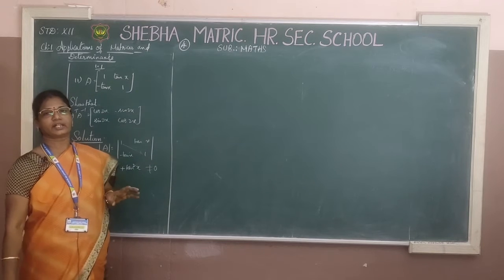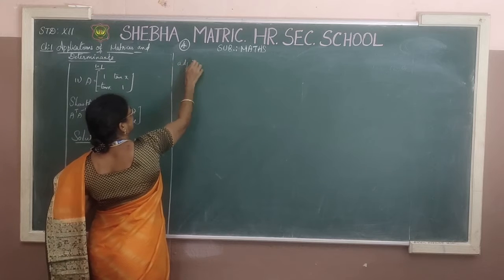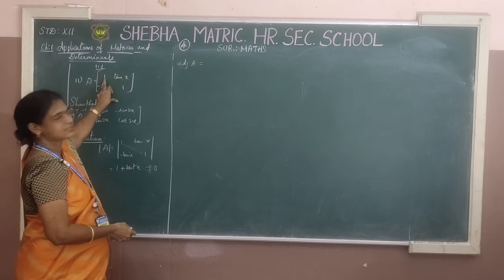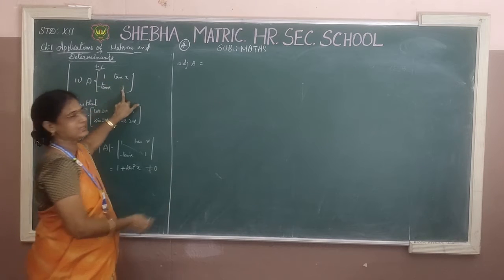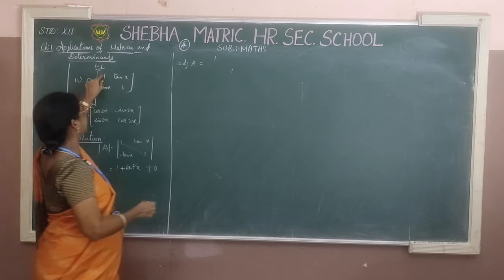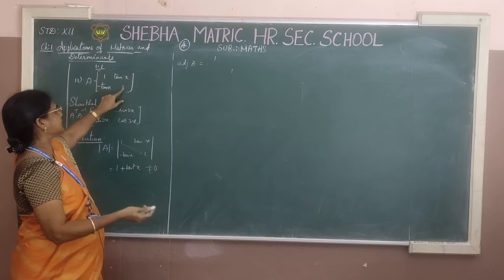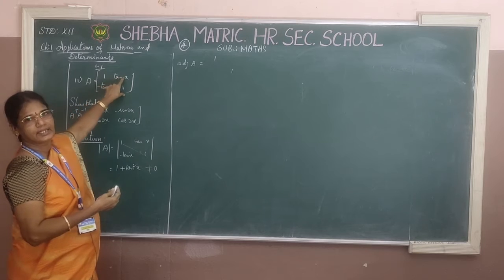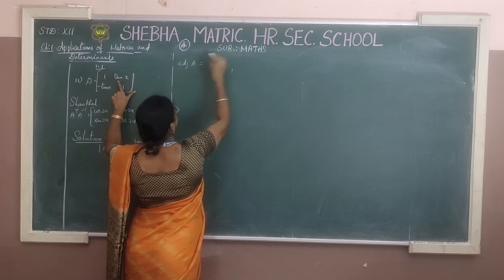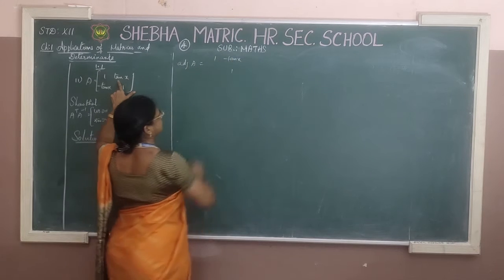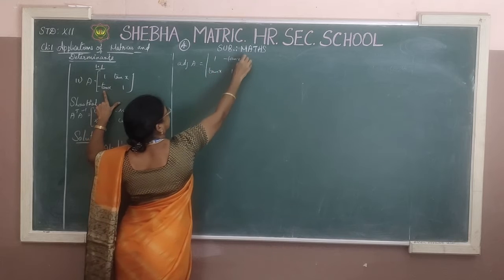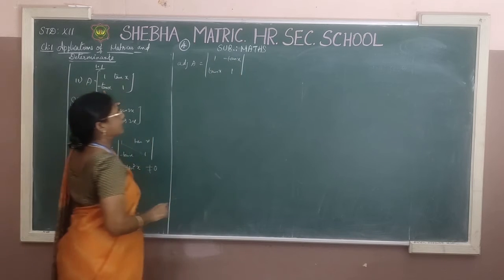Next we have to find the adjoint of A. Adjoint of A is equal to, listen, in our A matrix, first interchange the leading diagonal elements. Our leading diagonal elements are 1 and 1, so these two are the same, and we get the same element in the same place. Next we have to change the sign of the subdiagonal elements. Here plus tan x is there, so we have to change its sign and we get minus tan x. Here also you have to change plus tan x. This is our adjoint of A.